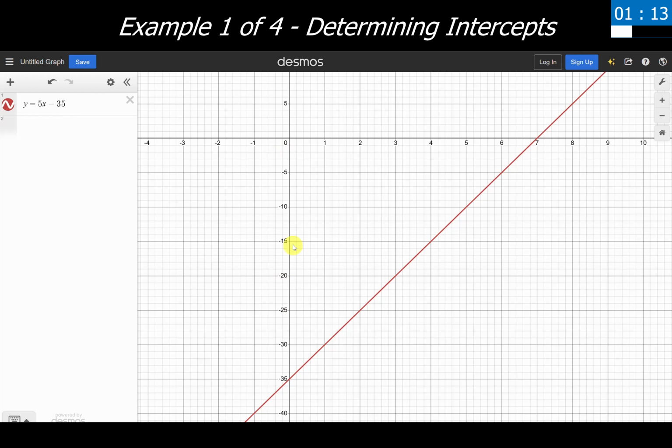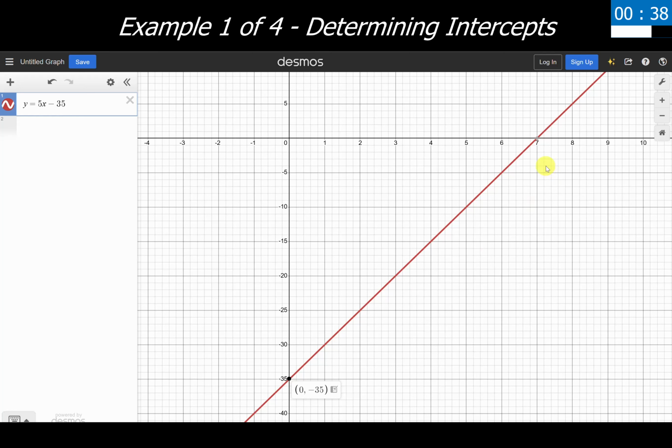It doesn't matter which one you solve for first. You can go left to right, you can go top down. It's 100% your choice. So I'm just going to go left to right here and find my y-intercept first. Remember, the y-intercept always has an x value of 0, so it starts at the origin and goes straight down until I get to the point here. And this looks like it's intercepting at the point 0, negative 35. And sure enough, that's exactly our y-intercept.